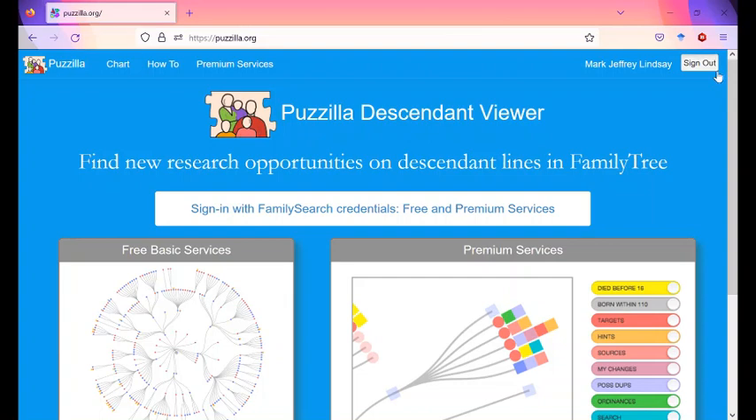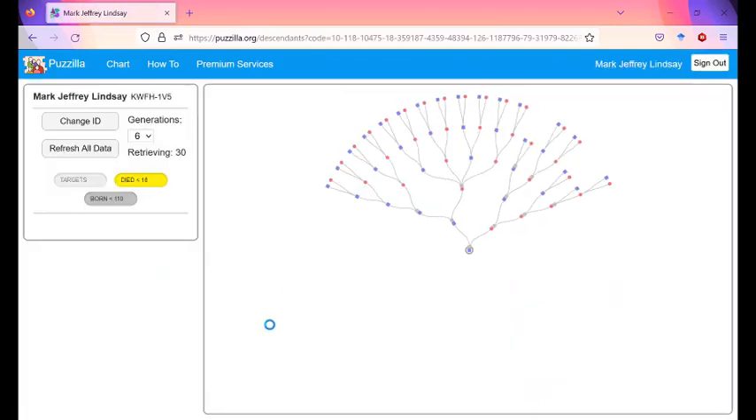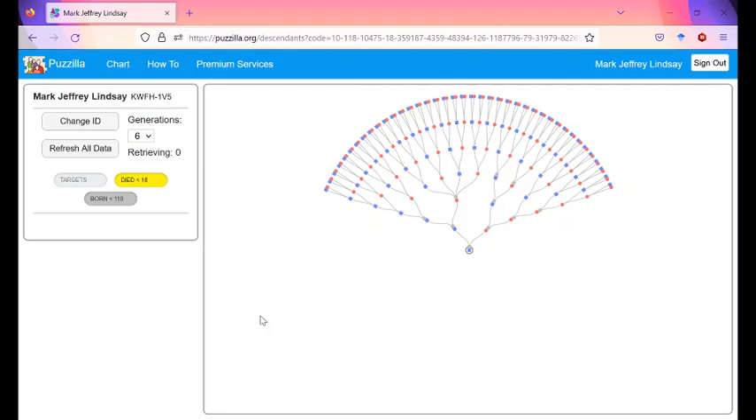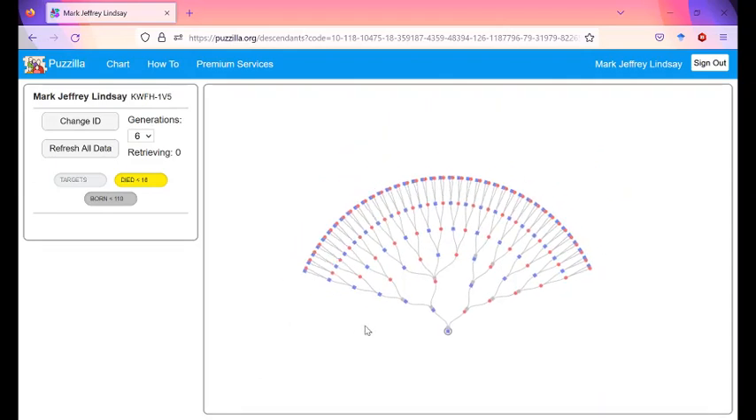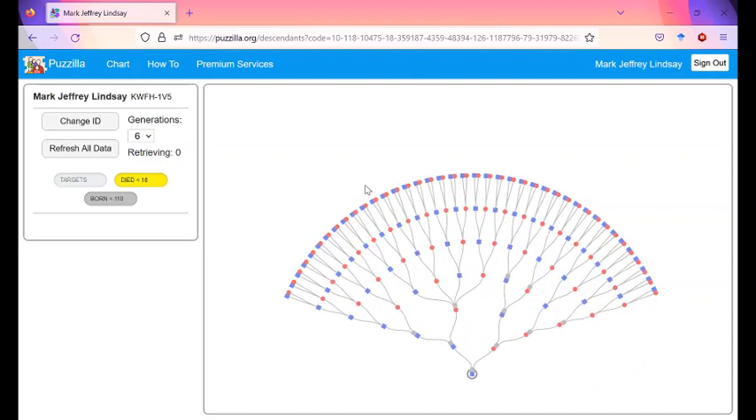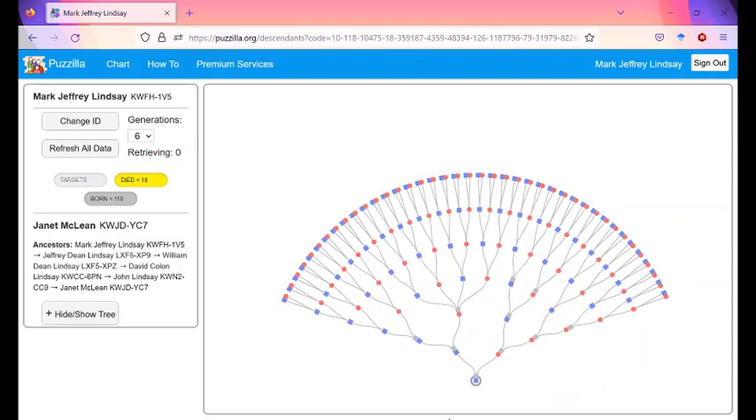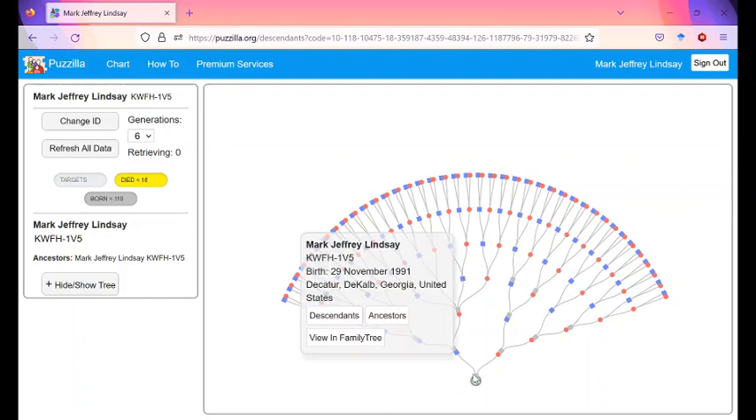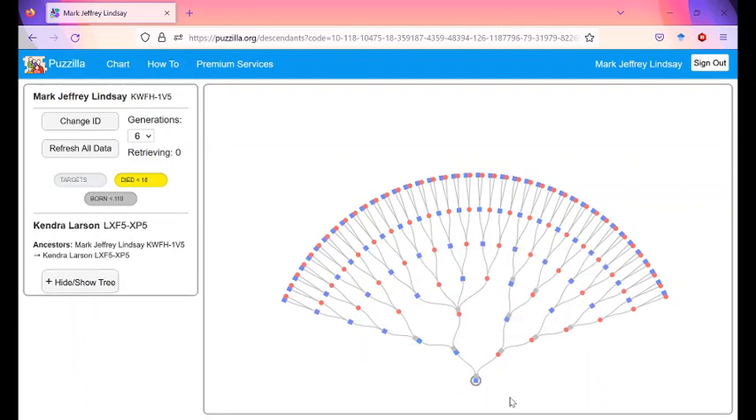Sign in with your FamilySearch information. I didn't have to enter my info because I was just on here. What Puzzilla does is it shows you your chart. You can zoom in, zoom out, whatever. At the base is me, and the lines go to your ancestors, and it'll show you on their different